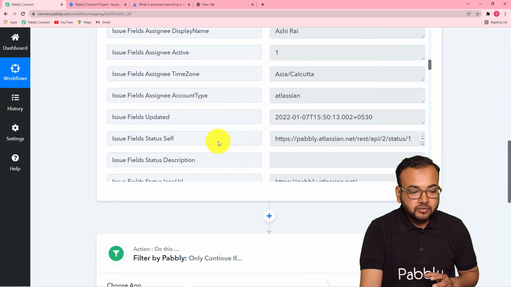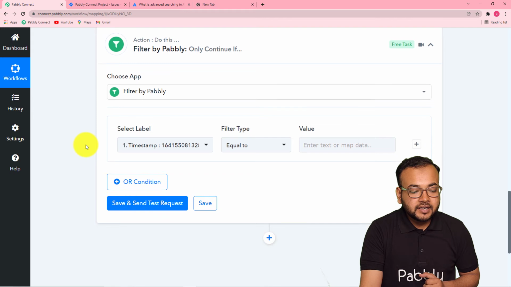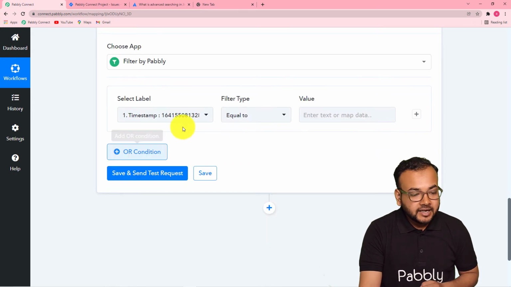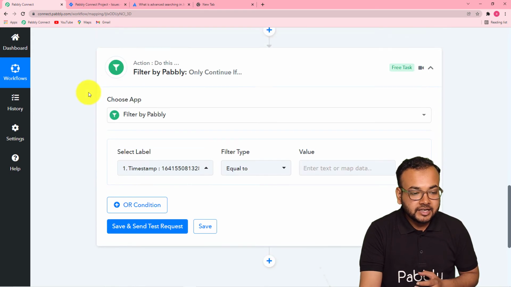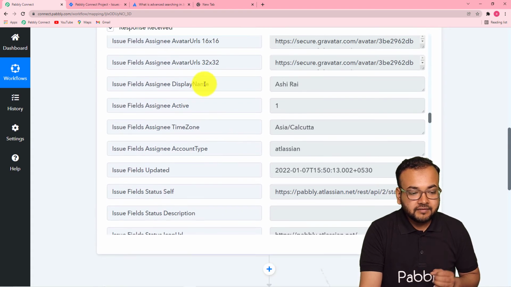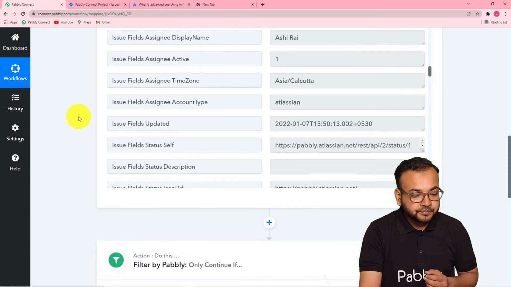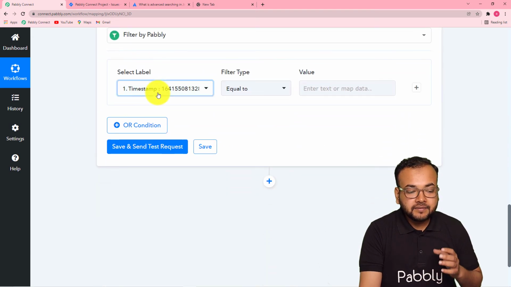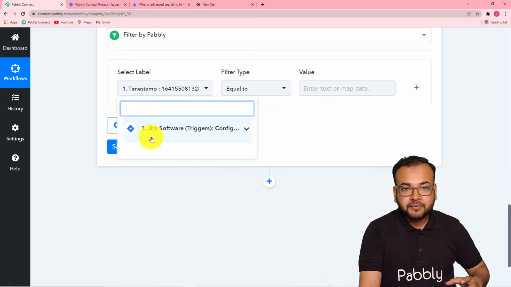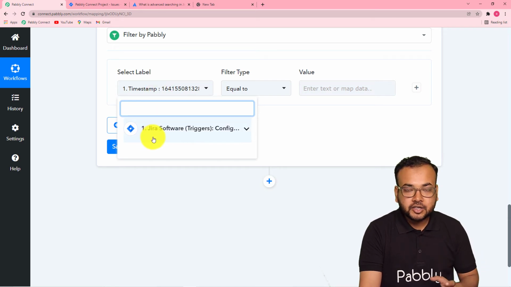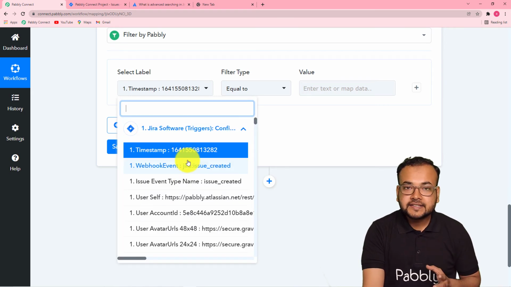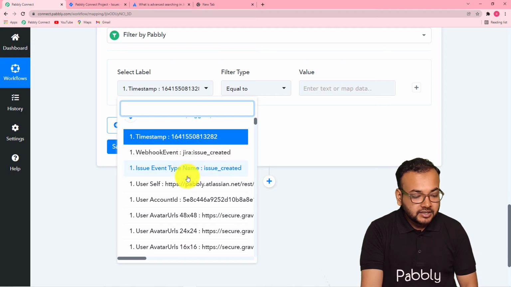Okay, so I'm going to apply this filter here, and here it is asking for select label, and here I'm going to select this label only. Let me show you this one where we have the name of the team members assigned to this issue. So I'm going to map this label only, issue fields assignee display name. When you click here in the select label field, it will show you the previous step where we have captured the details of a new issue. So when you click here on this JIRA software option, it will show you all the details that you have captured in the very first step, and you have to select this